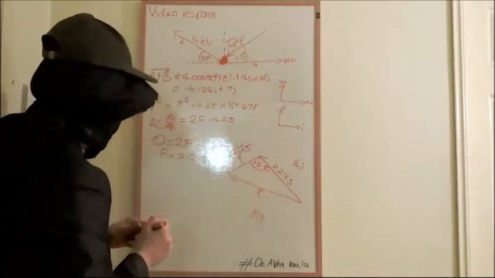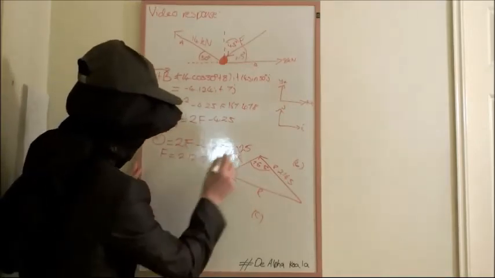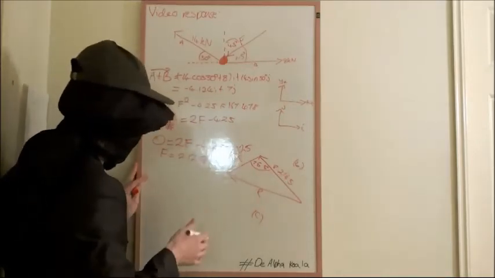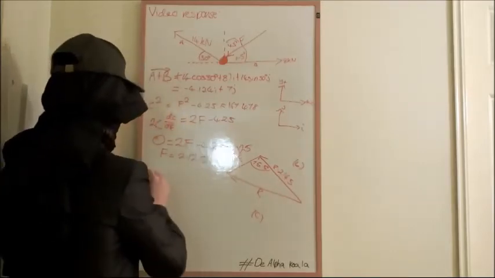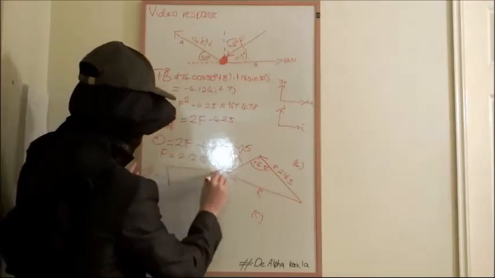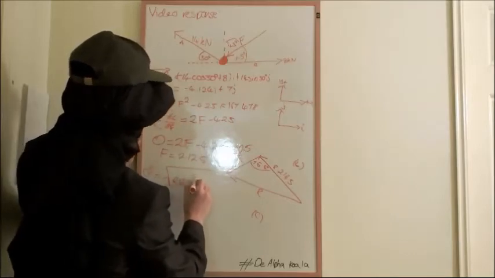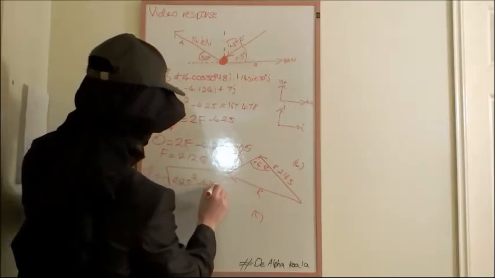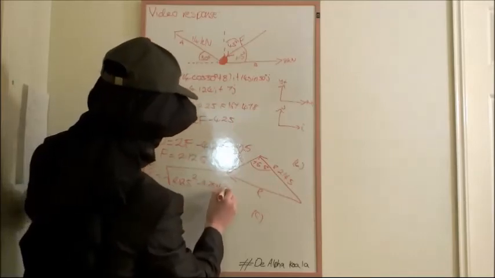Now that we know f, we can use the sine rule to calculate r. Ooh, okay, so we know that, actually no, we can just plug that into our equation, can't we? Yeah, that's going to be the easiest. C squared equals, well, we'll go C. C equals the square root of 2.125 squared minus 4.25 times 1.25,